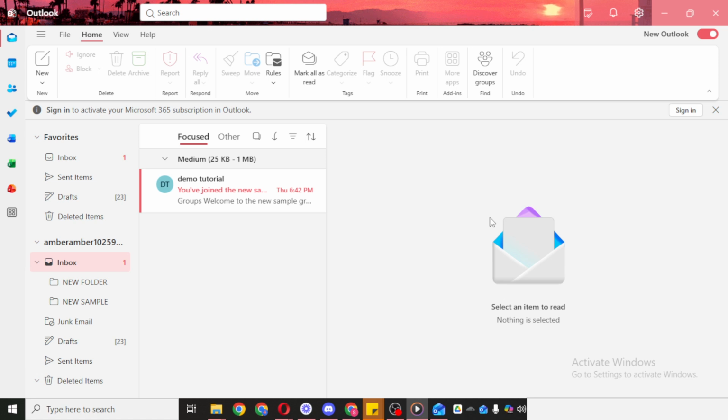To begin, open Outlook on your device and make sure you're fully loaded into the main screen. Once Outlook is open, take a look toward the top area of the window and find the gear icon. This is the Settings button, and it's where you can manage many of Outlook's features and preferences. Go ahead and click the gear icon to open the Settings panel.